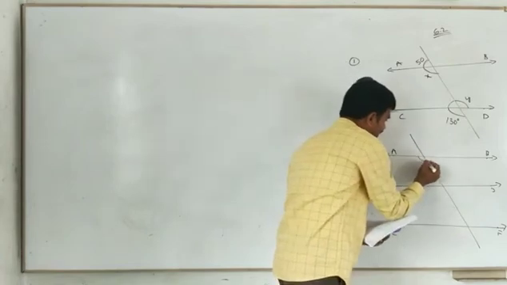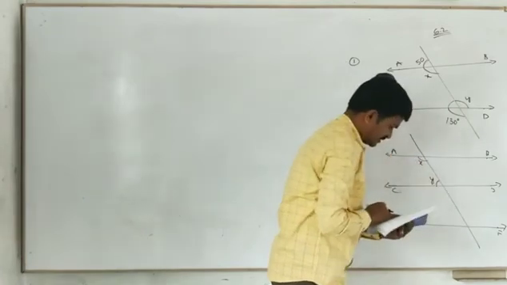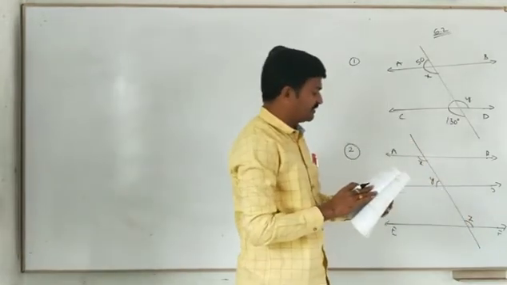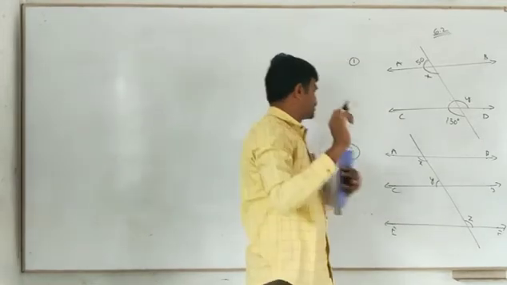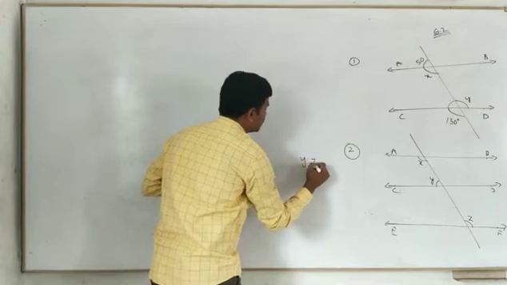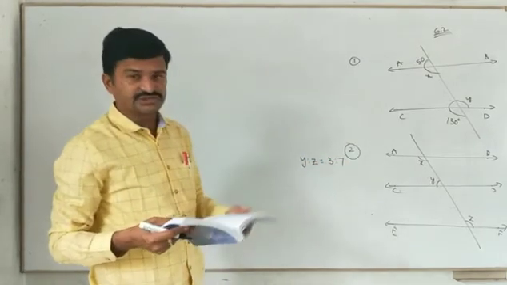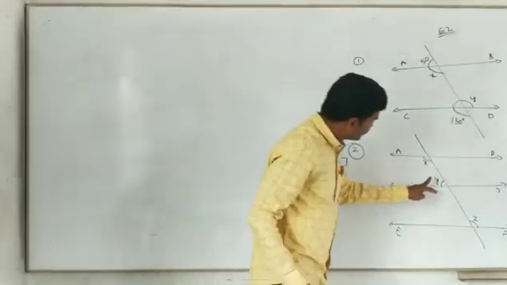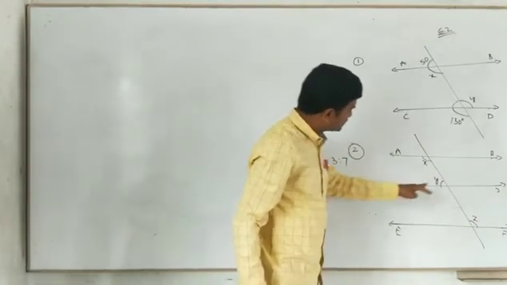Then this is given as X. This is given as Y. And this is given as Z. And then he has to find the values of X, Y, Z. And also he has given one piece of information. What is given here? Y is to Z equals 3:7 is given. Where is Y and where is Z? This is Y and this is Z. Are you clear? Is there any relation between these two?